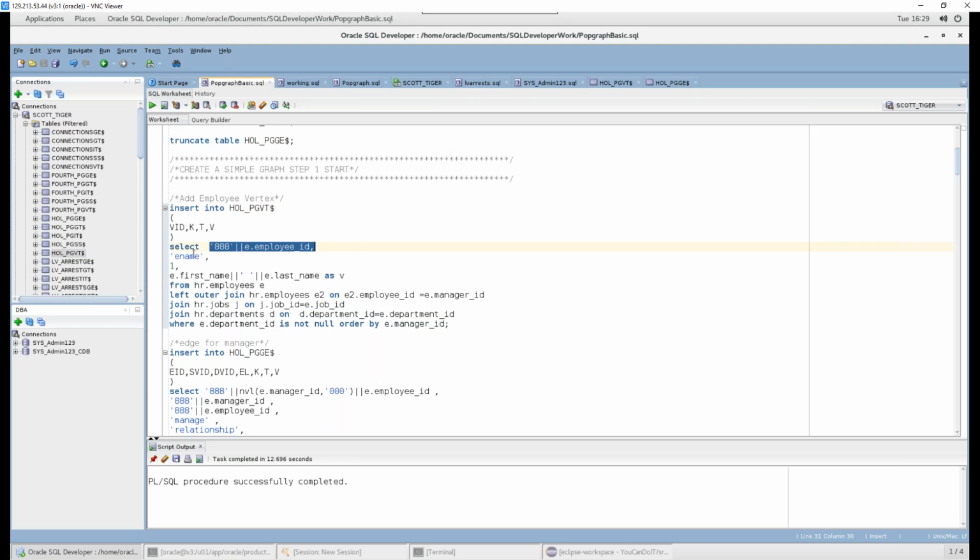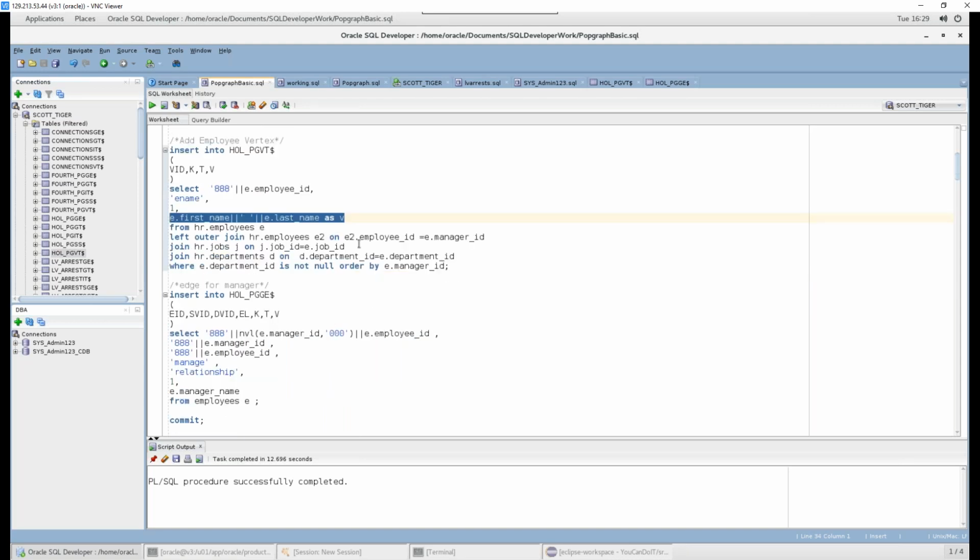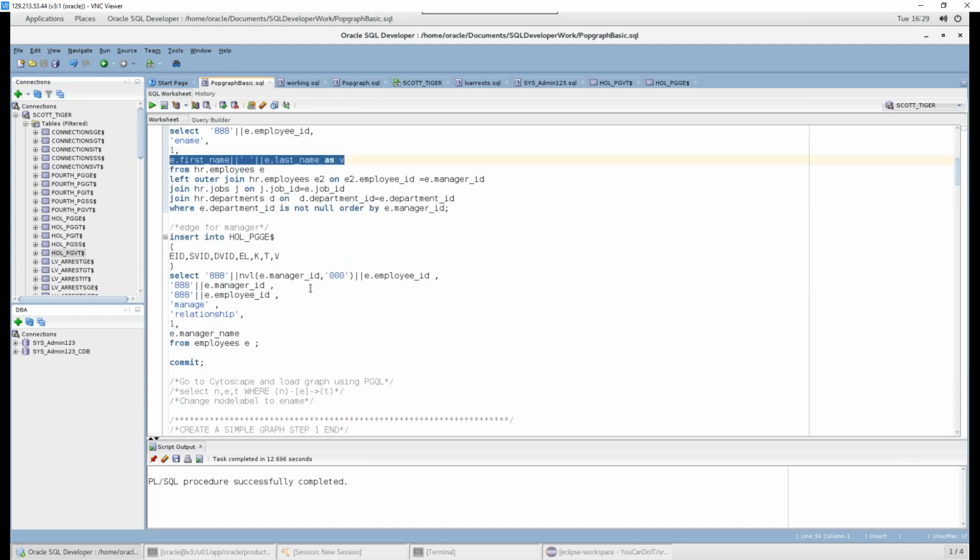I give it a property key value, which I'm calling ename here. I give it the data type, which is 1, which corresponds with a string. And then ultimately I stick the string value in there, which is the employee name. And then I have a vertex created by inserting that information in there. And then I can do the same thing